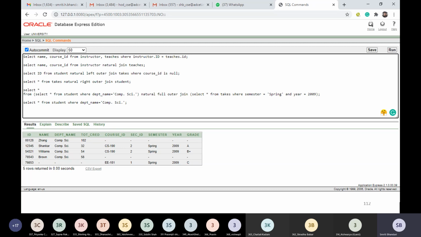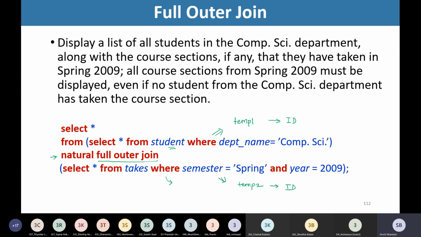Yes. Have you got it? So we have seen left outer join, right outer join and full outer join. So depending on the problem statement that is provided, we should be able to make use of the appropriate constructs from SQL.